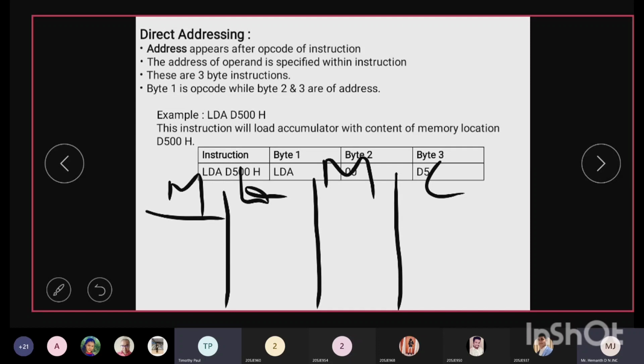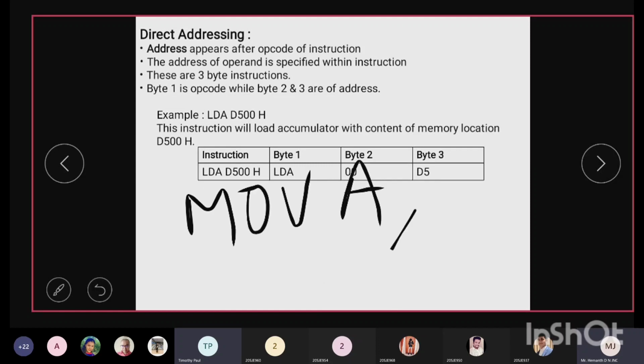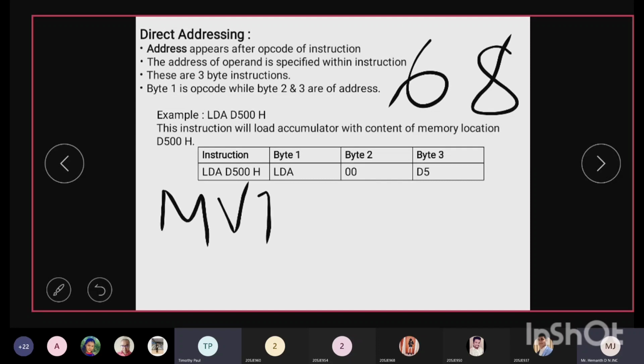Now here the program I need to write adds two numbers. How are you going to start? What is the first initial thing you do? You write the instruction. A simple example: if I need to add 6 and 8, I use an instruction MVI A comma 06H.